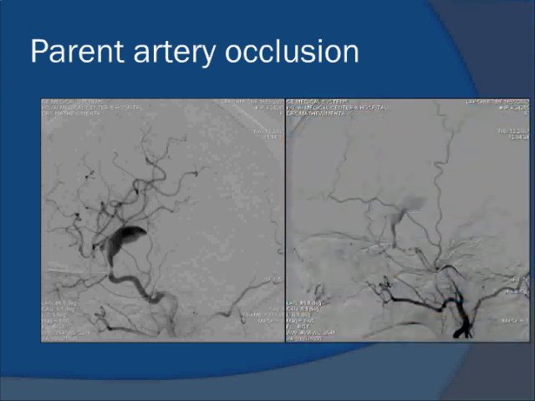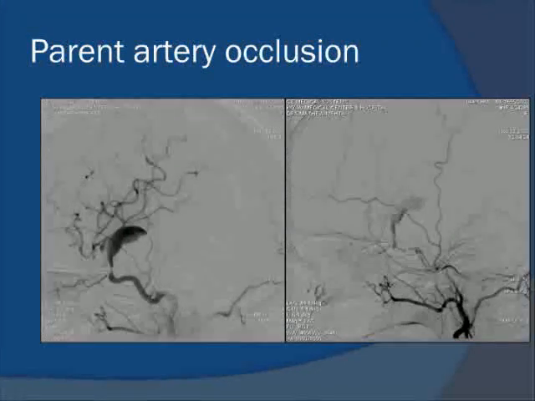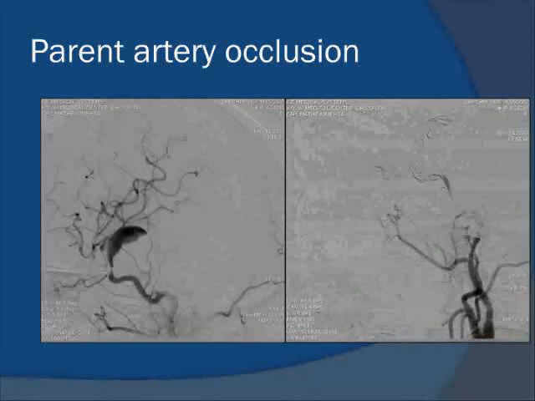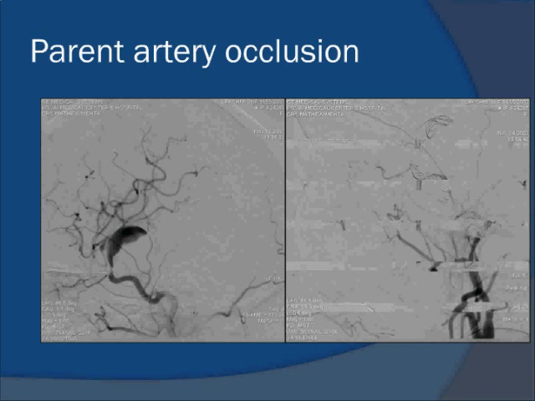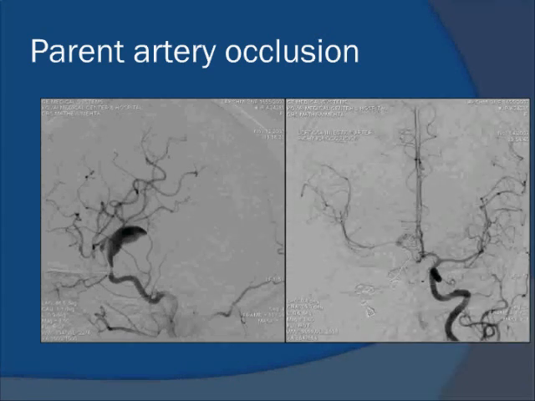This is a test occlusion. You do not see the internal carotid at all, but the external carotid, as you see, is opacified and the aneurysm is also opacified. So this is what we are saying can happen if the external carotid can retrogradely fill the aneurysm. So the treatment of this is a little different. We would put coils into the aneurysm, then pull out the coil so that the origin of the ophthalmic artery is taken care of. Now retrograde filling of the aneurysm does not take place through the ophthalmic artery, and that makes it a permanent cure. So here the end results in the AP and lateral demonstrating that aneurysm does not fill through the parent artery.